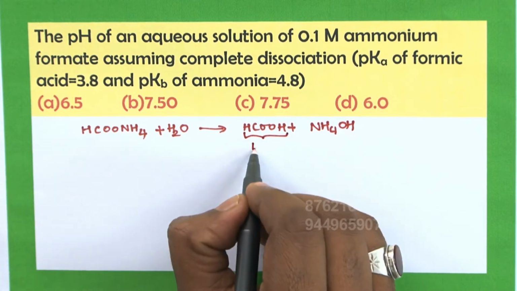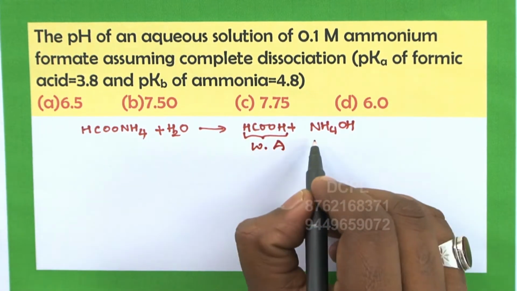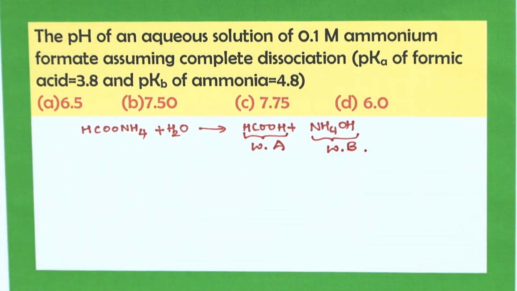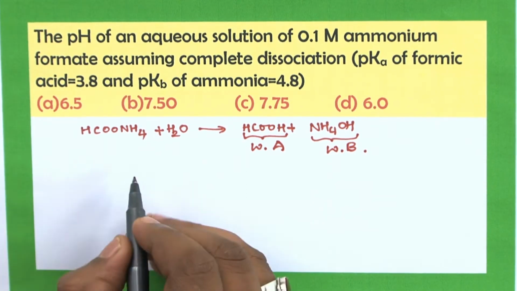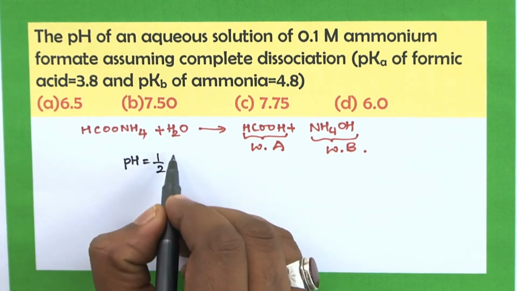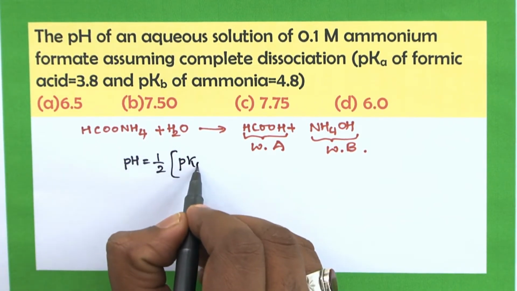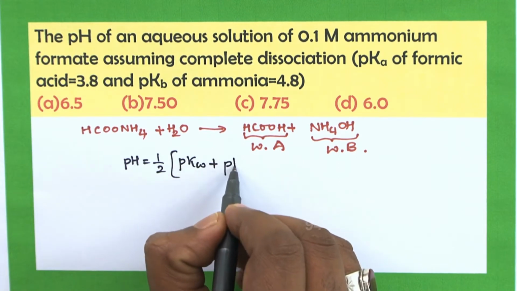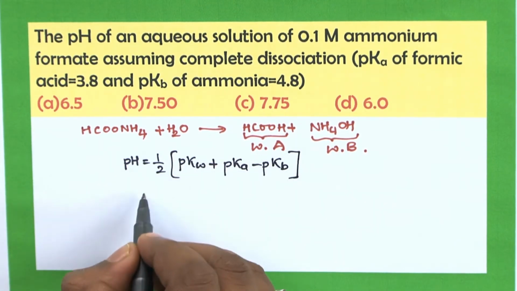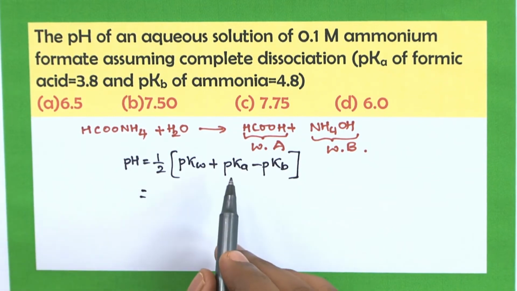Formic acid is a weak acid, carboxylic acids are all weak, and ammonium hydroxide is a weak base. So ammonium formate is a salt of a weak acid and a weak base. For a salt of a weak acid and a weak base, pH can be calculated as pH is equal to half of pKw plus pKa minus pKb, where pKa is the dissociation constant for an acid, that is minus log of the dissociation constant